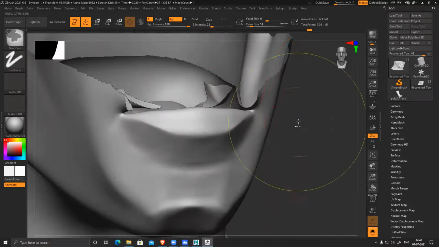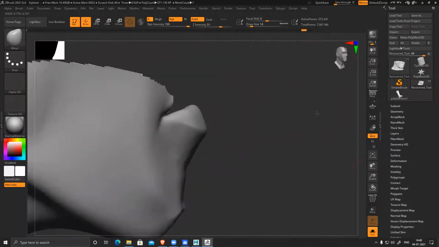Or I think this is a base mesh, right? So it will be polygrouped. Oh, you have polygroup. Okay, I didn't check that.